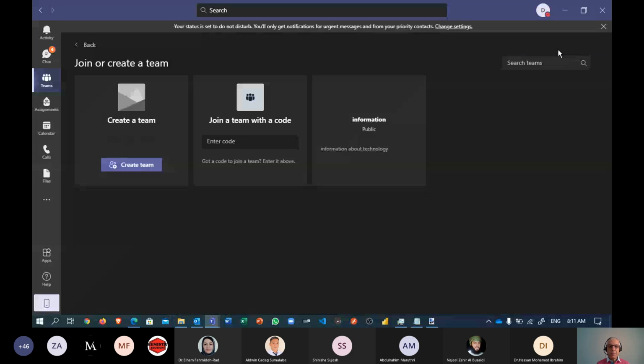So here I have the possibility to create a team. Keep in mind this section, it's very useful. We will use it for making sure that if I want to create a team and add my list of students,